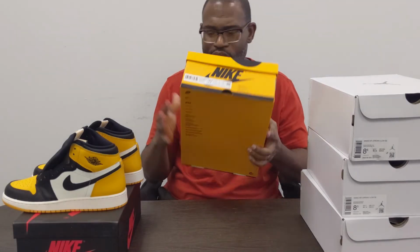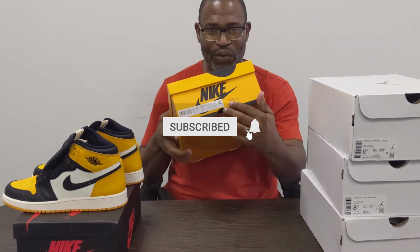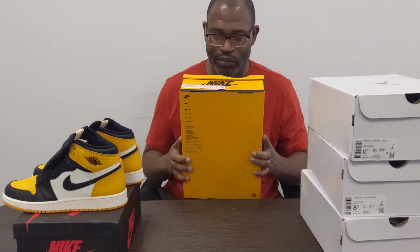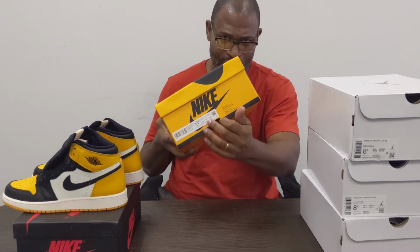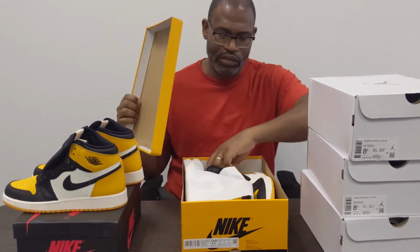Always good to get to these and show you the boxes, because on the denim, the hole has been at the back without the label going across the front, which I thought was a pretty interesting thing. So all of the denims, I think I got about 10 pair, all had the hole in the back, and the label was on the front of the box where you couldn't get your hand and slide the tray. Anyway, this is the yellow and black box for the Taxi 1 in men's, and